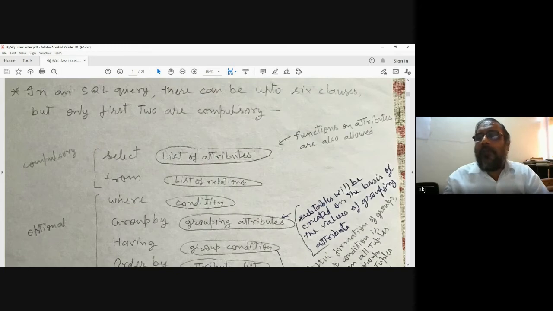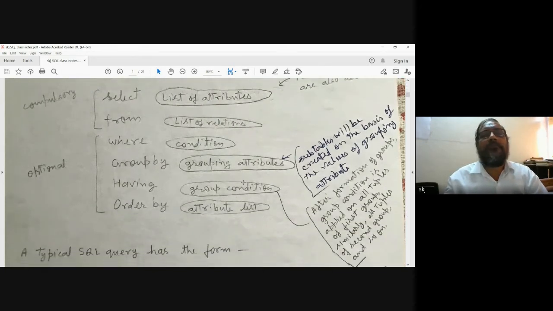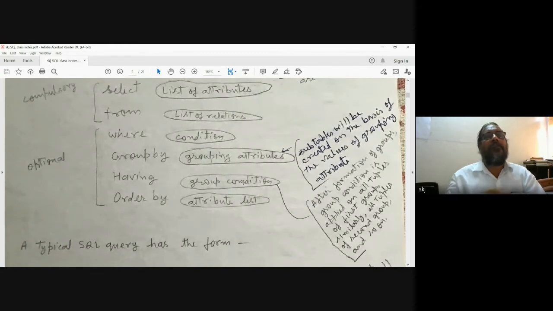So what are those clauses? They are written here, and I will first read: select clause, from clause, where clause, group by clause, having clause, order by clause. Okay. They are the names of the 6 clauses, and there is a specific syntax for writing these clauses.